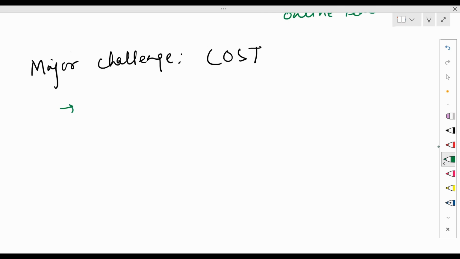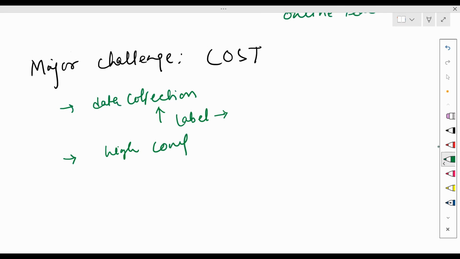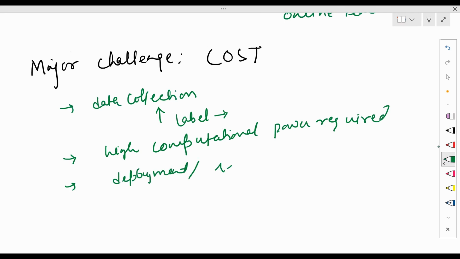If we go one by one, data collection is a very costly step, and adding labels to unlabeled data is also a laborious process. High computational power is required to train ML algorithms. Deployment and retraining are also very costly processes.